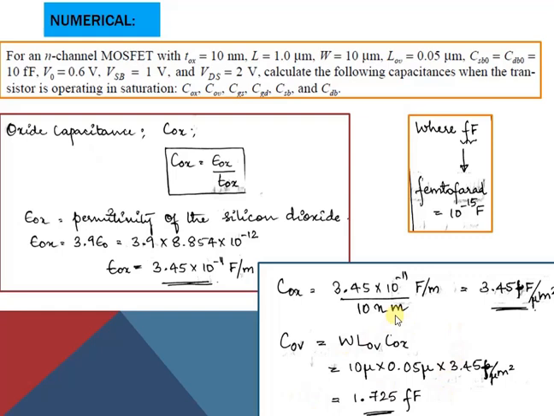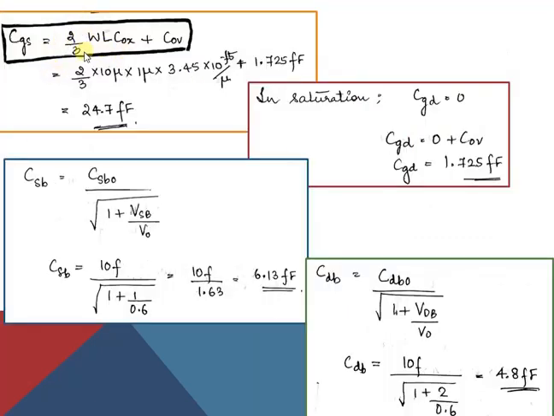Now why we have computed COV is because one thing is, it has been asked in the question. Moreover, this capacitance has to be added to CGS and CGD. So when we compute the value of CGS and CGD, we also need to add this value of COV. So CGS value is equal to 2 by 3 W L COX in the saturation region, and we have added COV here. So substitute all the parameter values and you get the value of CGS to be equal to 24.7 femtofarad. Kindly be careful in denoting the femtofarad. Femtofarad is represented in terms of small f and then capital F.